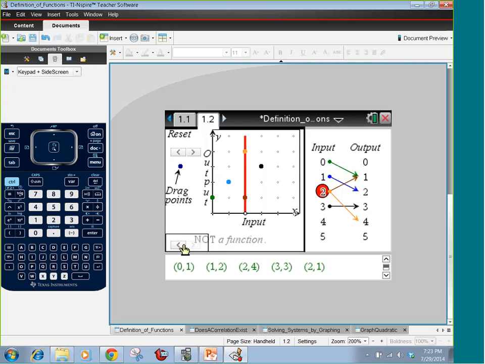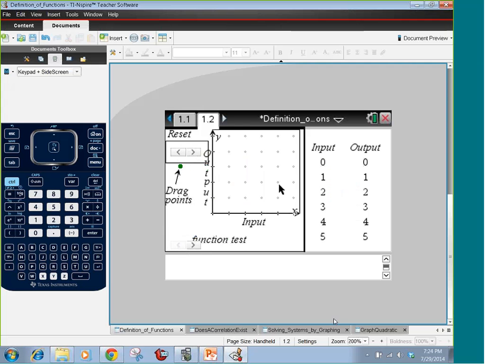So it's kind of a neat setup there for students to practice some different skills, but also get some immediate feedback on whether or not something is or isn't a function. The other thing you'll notice is there's a reset slider up top that they can use, and that will quickly reset the whole page